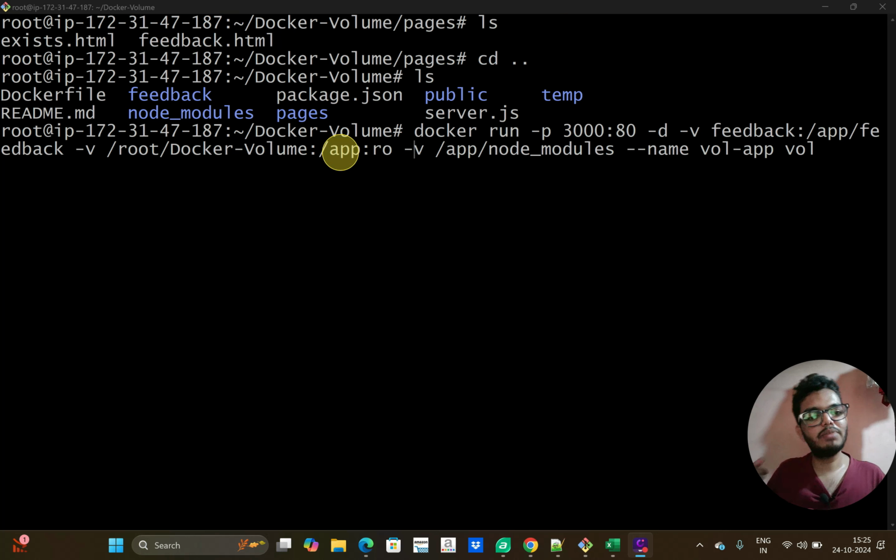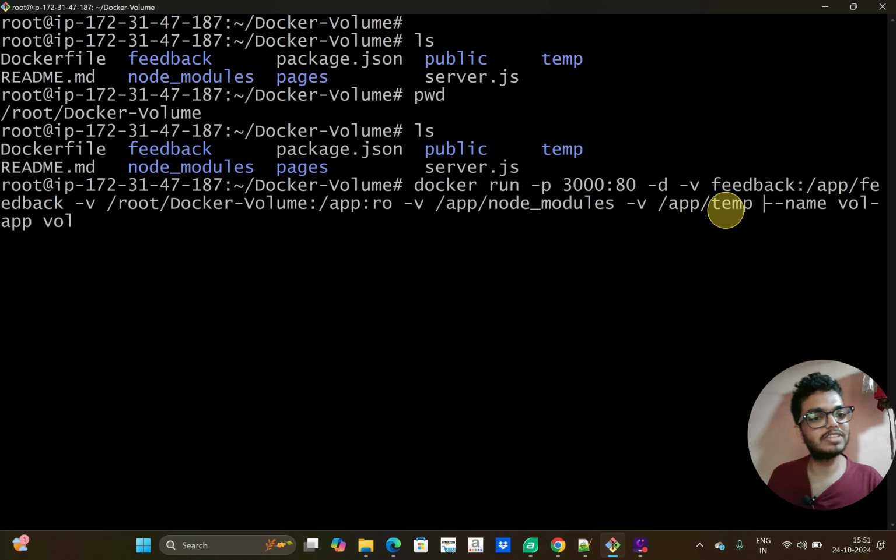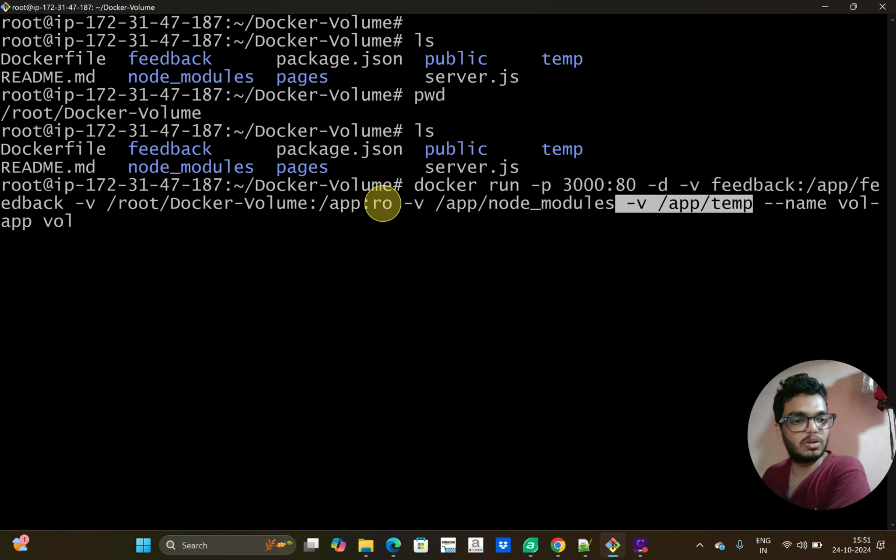ro means read only. And if I make the whole directory RO, we have a conflict here, because in this particular application, it stores the user response in the temp directory as well as in the feedback directory. So the temp and feedback directories should be read write, not read only. If you add :ro here, the whole /app directory will be read only. So to avoid that, we should add the feedback and temp directories as separate volumes. Here the feedback directory is already added, and we have not added RO here, so feedback is a writable folder. And I can add one more volume, /app/temp, without RO. So /app is RO. And whichever path is bigger and more specific will take precedence. Even if we add /app as RO, /app/temp is writable because the bigger path wins.